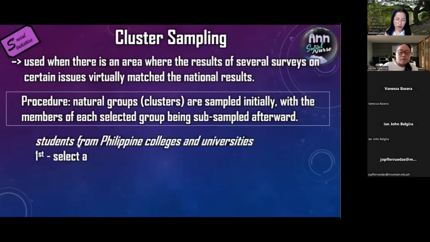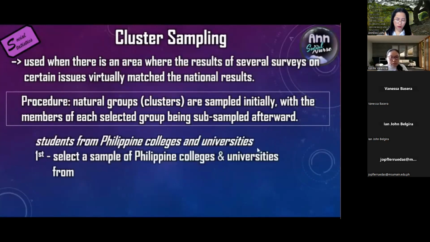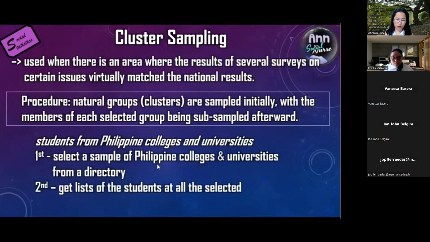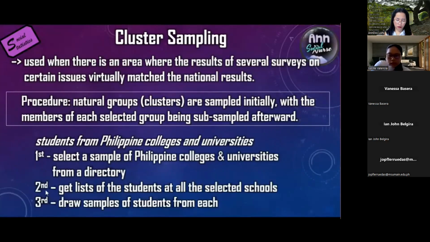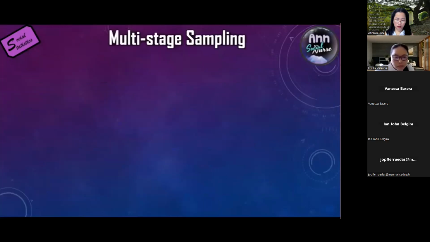For example, students from Philippine colleges and universities. First, select a sample of Philippine colleges and universities from a directory. Then, get a list of the students at all the selected schools. Third, draw samples of students from each